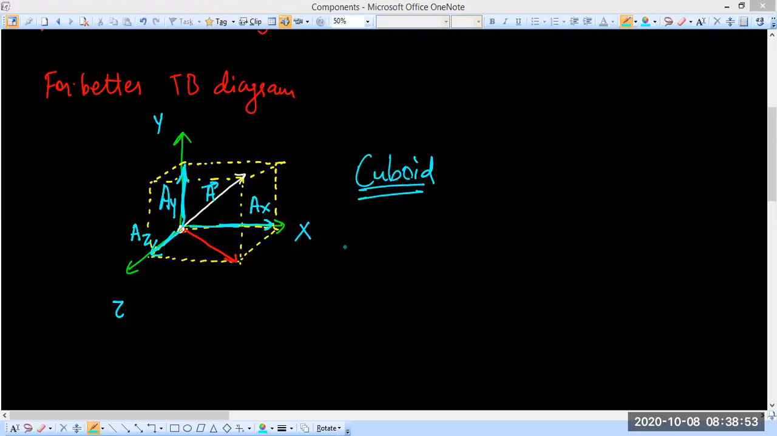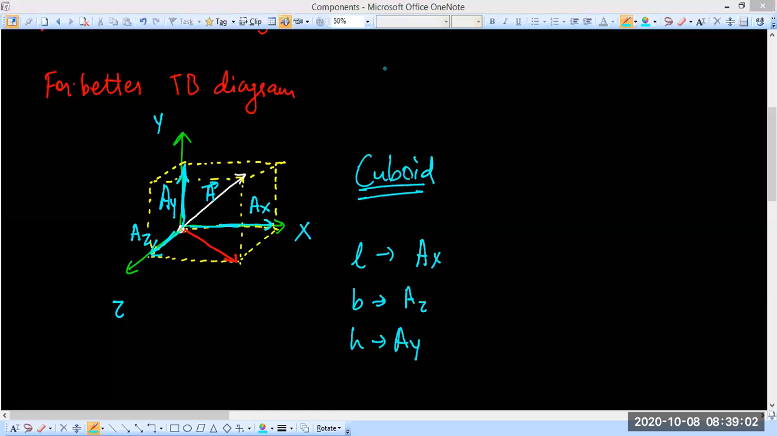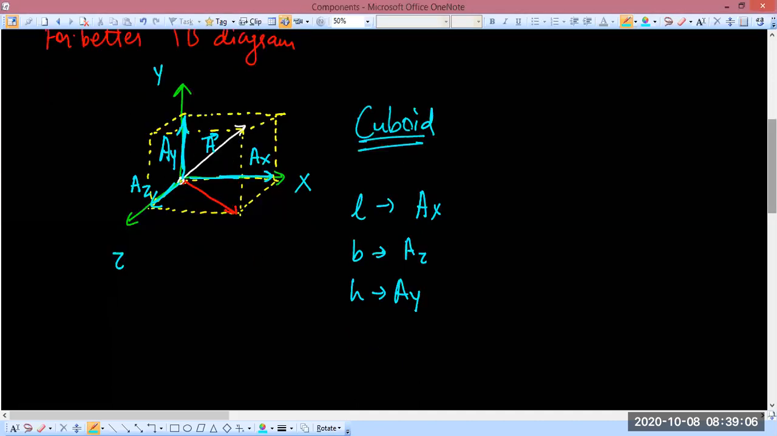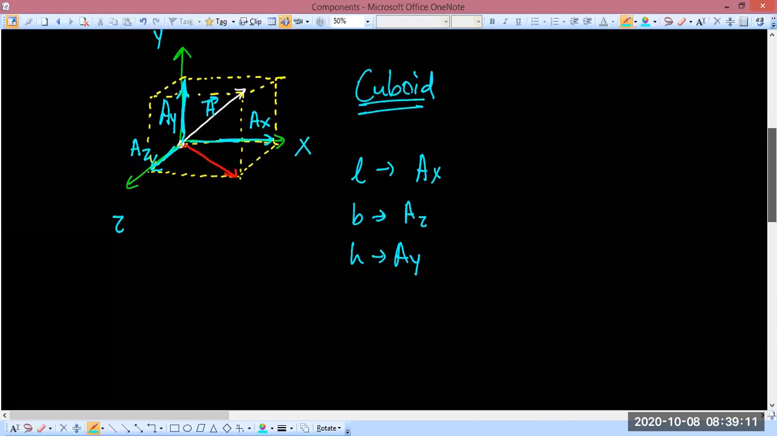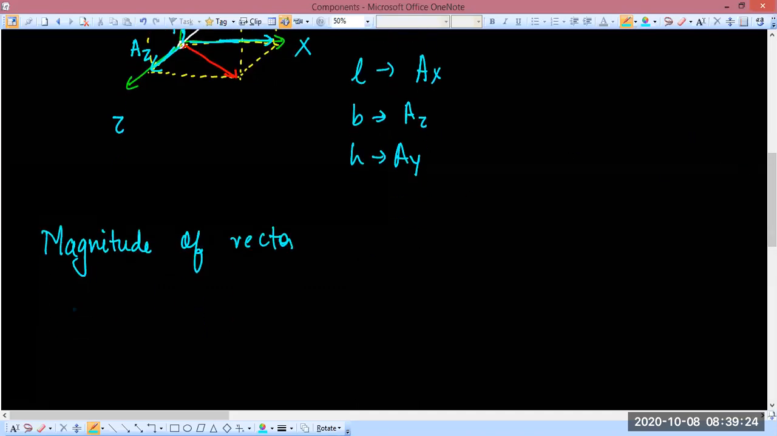Okay, it's like if you say length is AX, then breadth is AZ, and then height is AY, something like that. Clear? Okay. So in such circumstances, listen to this, everybody. In such circumstances, magnitude, okay, important formula coming up. Magnitude of vector, okay, is going to be,